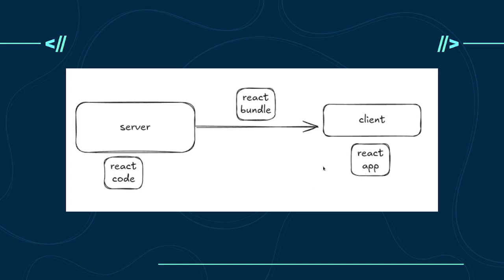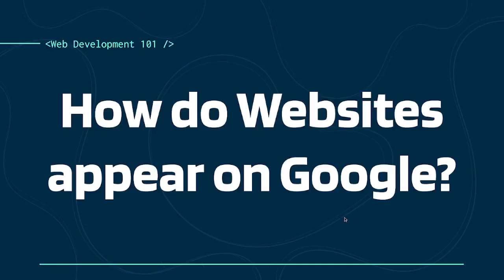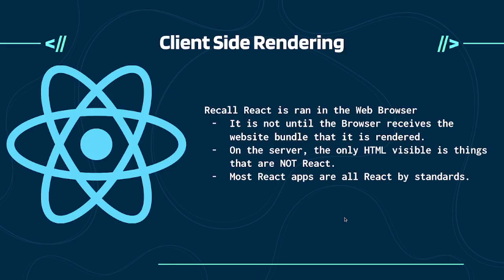So this is kind of the example. Your server has all of your code. When you send the request over, it bundles it up, and then you get your client, and it then starts to build and render your React app in its whole minified form, right? So this is not the worst thing, but I do want to mention something.